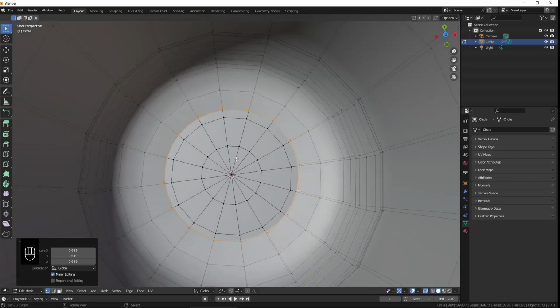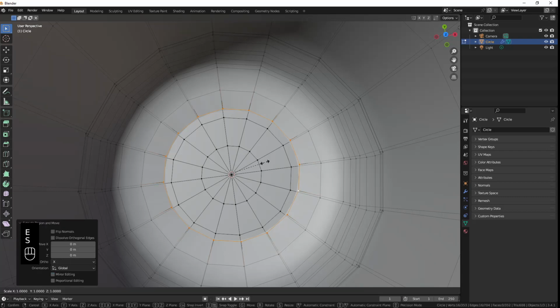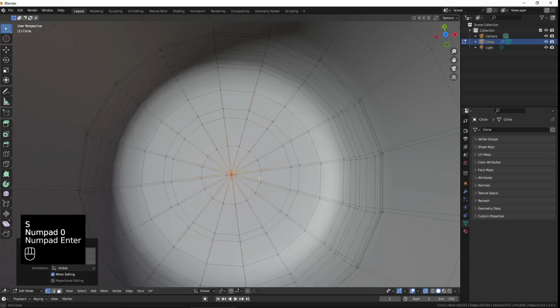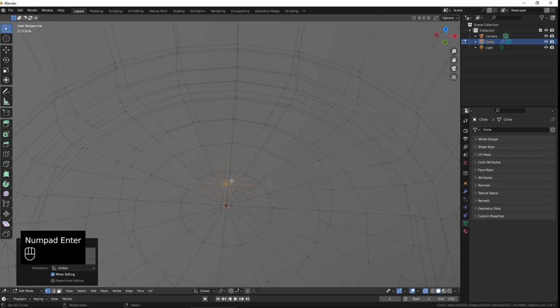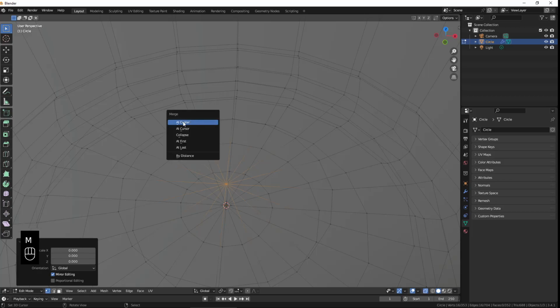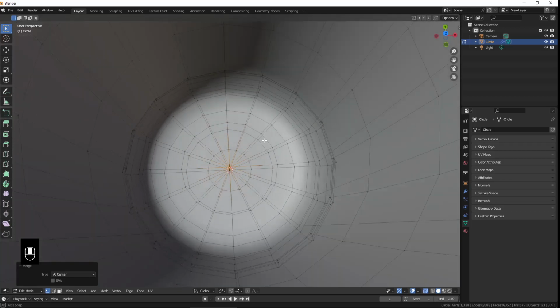I'm going to go ahead and do like I did with the triangle fan at the very beginning. I'm going to extrude once, just click, and I'm going to hit S0. So I'm going to merge all of these vertices here in the middle. I'm going to go Alt-M, or that's a split, just M by itself. I'm going to merge them at the center. Okay, so now we have,